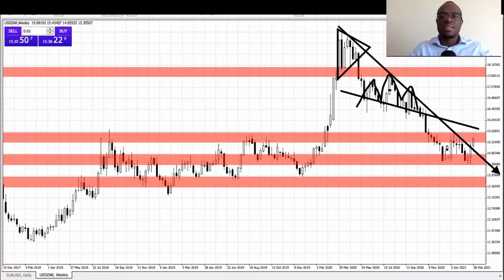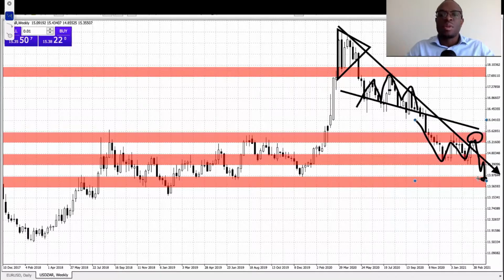So having all this in mind, what we're expecting in the coming week is that initially, we're just going to consider the breakout trade. In terms of the breakout trade, if the price, as it is seeking the retest of this for the third time, holds as a resistance zone, then we'll be expecting the price to move to the downside. Upon moving to the downside, we can expect it to move to 14.39096, or break it, retest it, and move all the way to